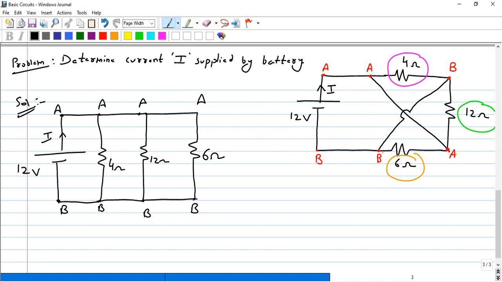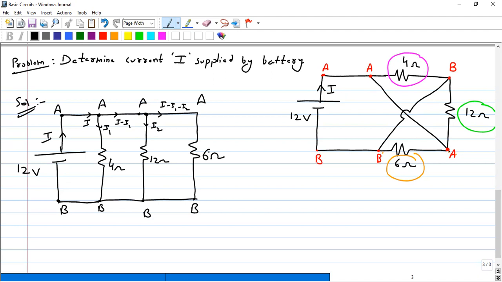Now, if you look carefully, whether all 3 resistances are in series or parallel, it is very obvious that they are not in series. Why? Because this current I is supplied by the battery. This I can come up to here. At this point, obviously, it can divide here as I1. Some current I minus I1 can come out here. Then at this node, it can go here as I2. Then here it can be I minus I1 minus I2. So all these 3 resistances are not carrying the same current. Therefore, they are not in series.